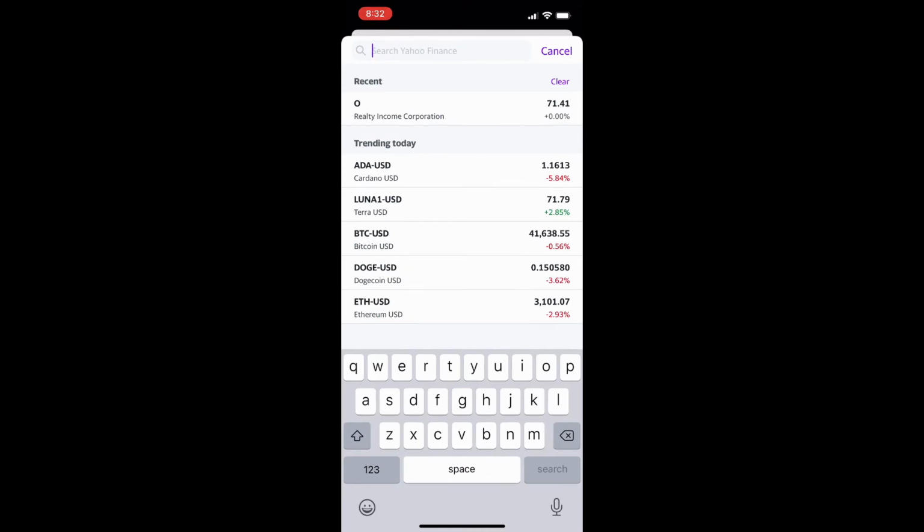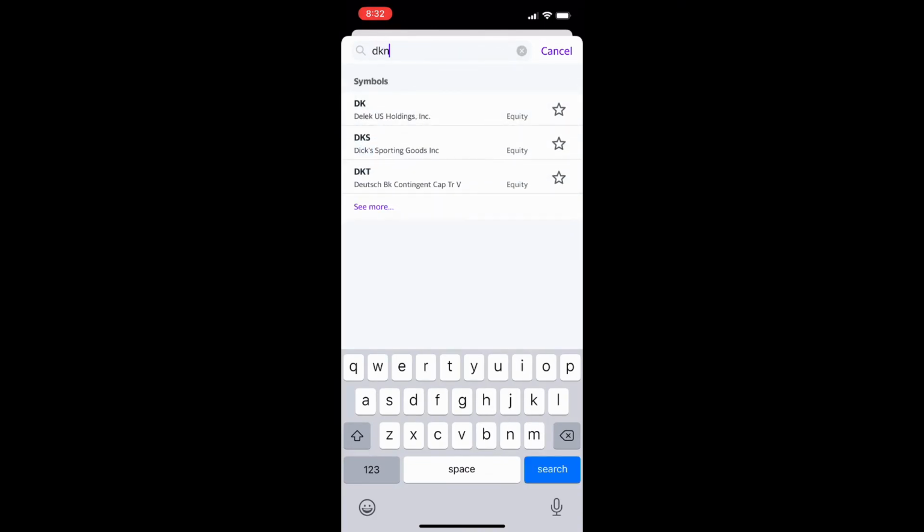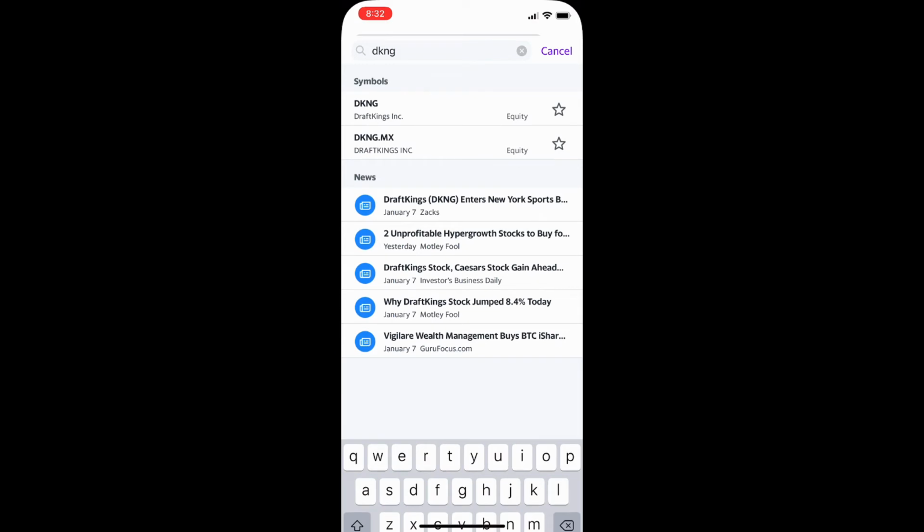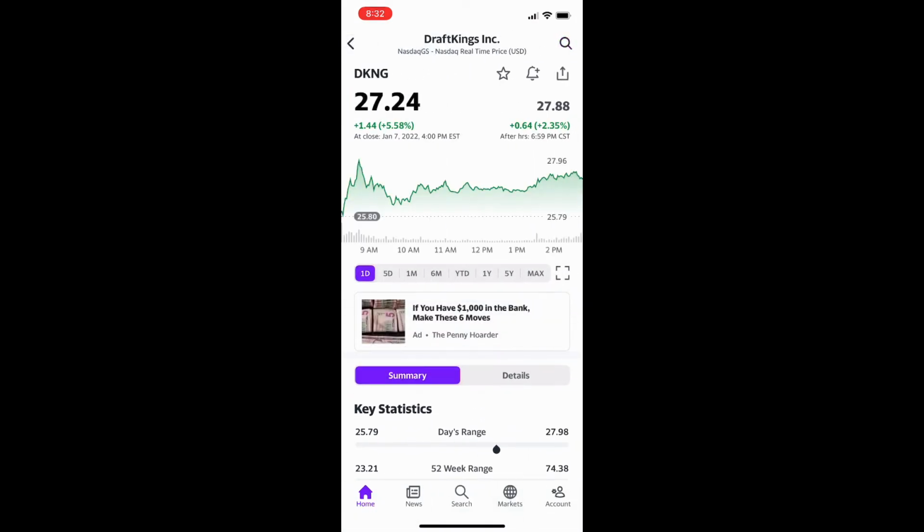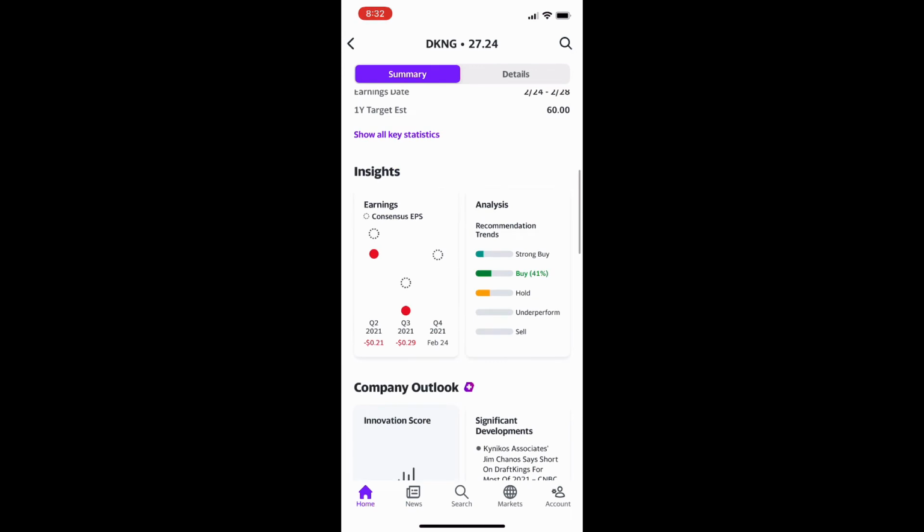So I'm just going to take a random stock from my portfolio here, and we're just going to look up DraftKings here, a stock that I'm very concerned with about the earnings date, not compared to most of my index funds that I have, but that's a different story. So here we have the DraftKings stock on the Yahoo Finance,